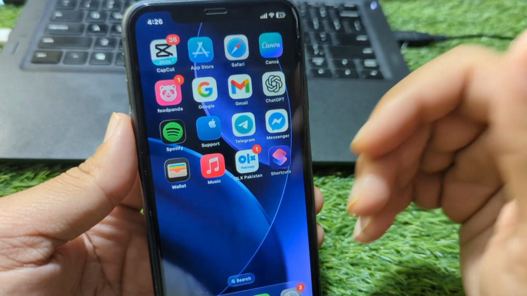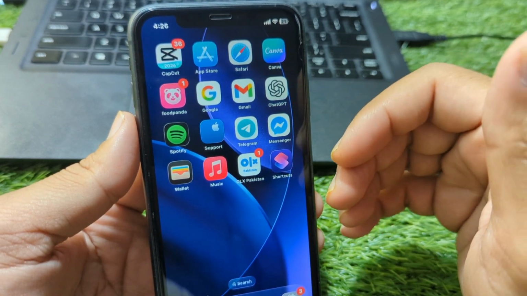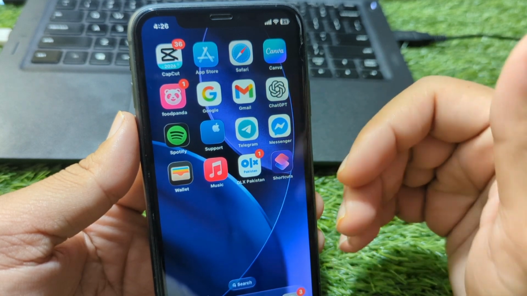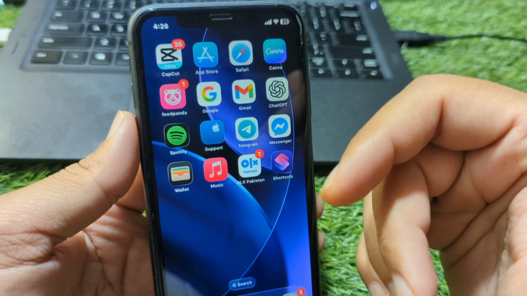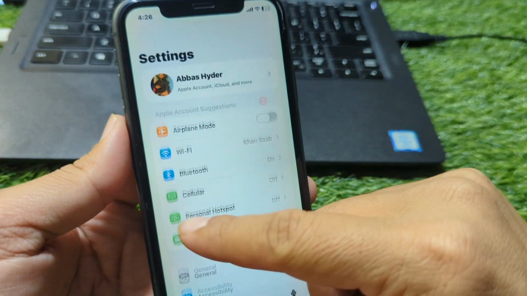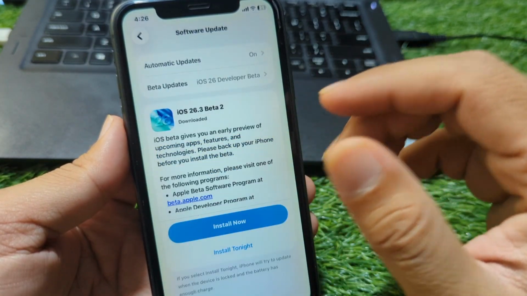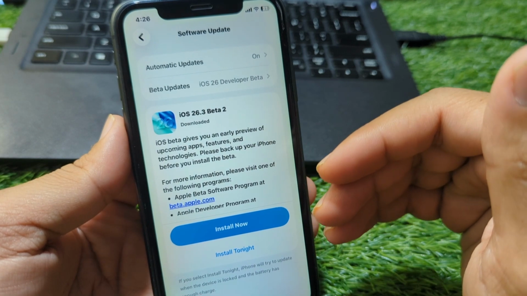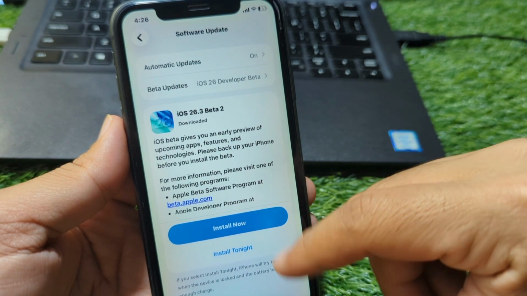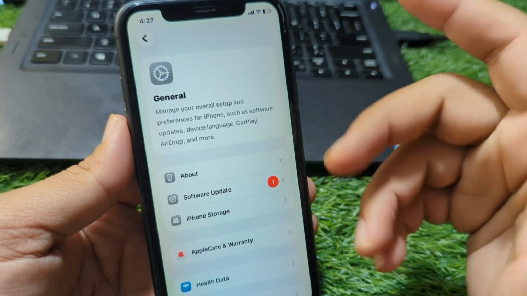then you have to simply go for the next solution, that is you have to simply restart your device one time. So guys, simply restart your device and check if the problem is fixed or not, and if the problem is still there, then go for the next solution, that is open settings and then go to general and then software update, and update your software to the latest version if there is any update available for you like this. So guys, do this and check if the problem is fixed or not, and if the problem is still